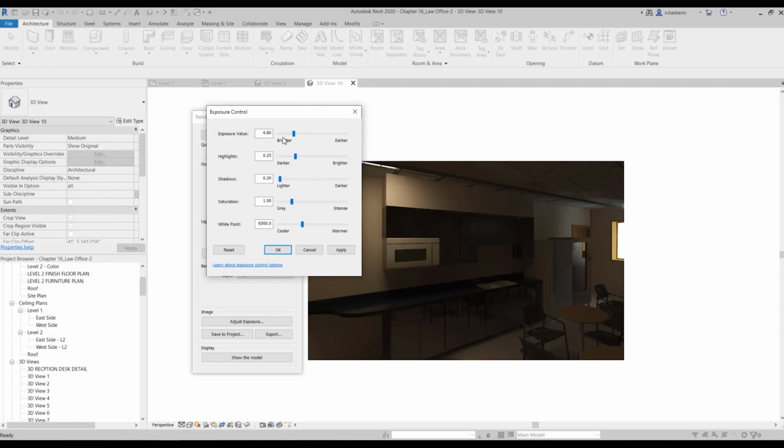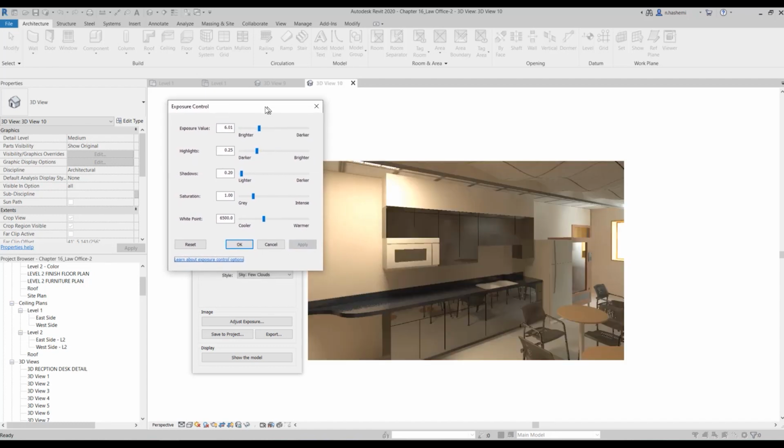You can make it brighter and hit apply, and you see that it's much better. You have some kind of problem here, and it's too light in here, but yeah, you need to do adjustments here after you have created your renderings.